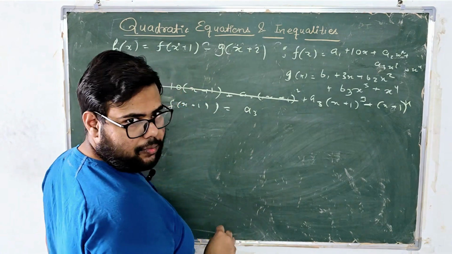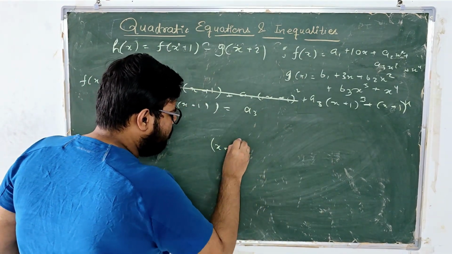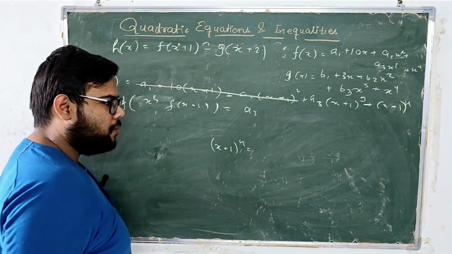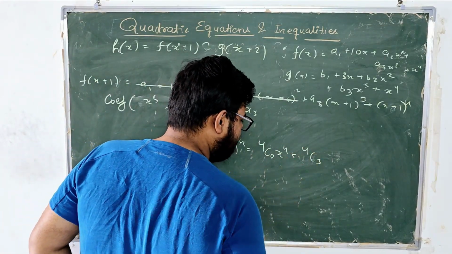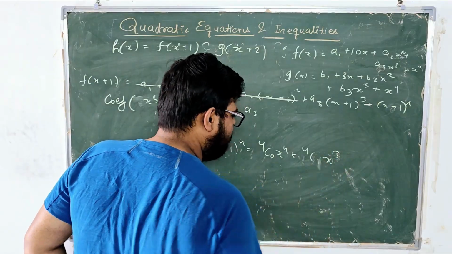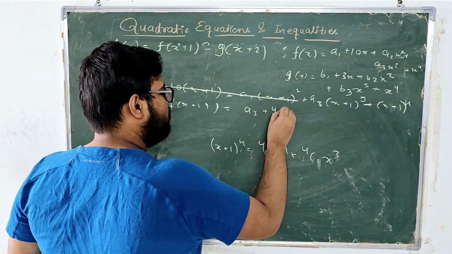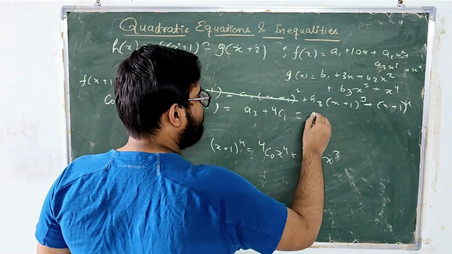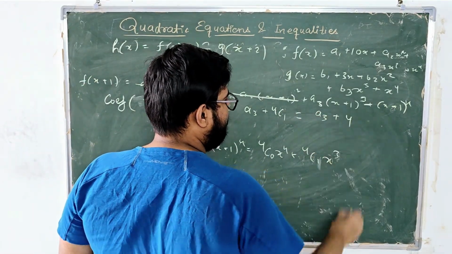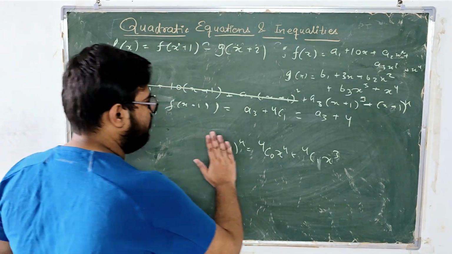a3, and from here x plus 1 raised to the power 4 will be equal to what? 4c0 x raised to the power 4 plus 4c1 x cube. Okay, so it is equal to what? It is equal to a3 plus 4, correct? Okay, and similarly for